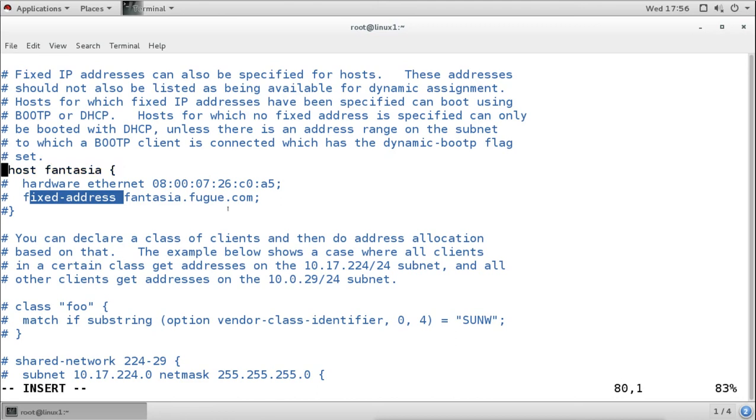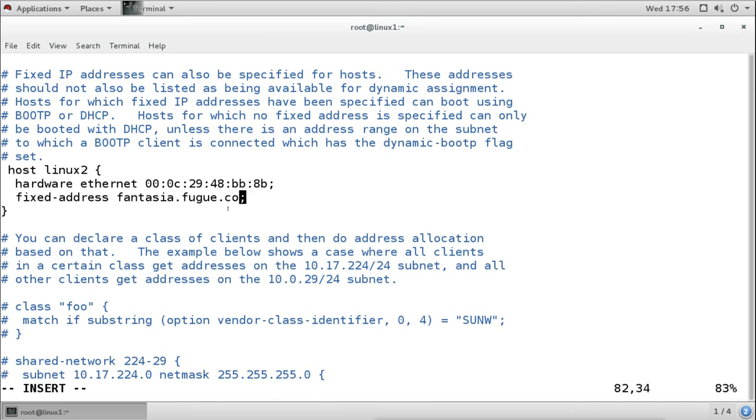So I will enable these settings. This is the host, and MAC address. This is a sample MAC address. So I will remove this, and I will give the MAC address of that client machine.